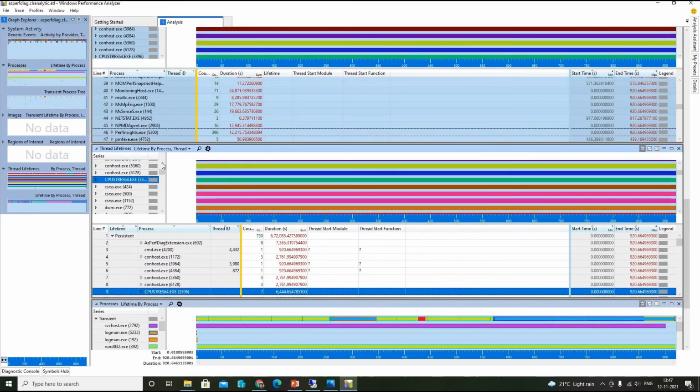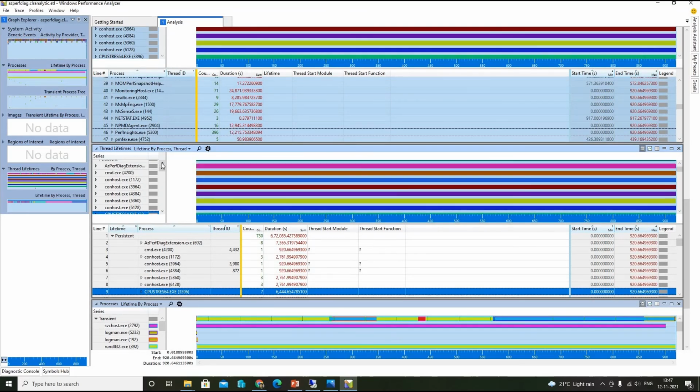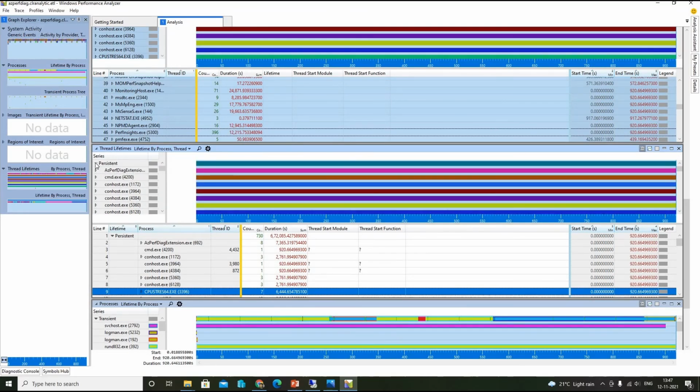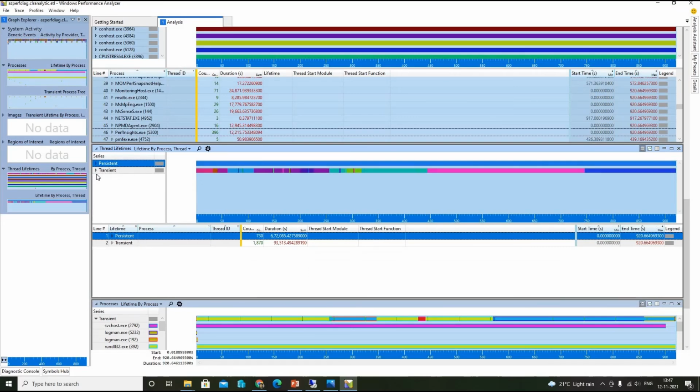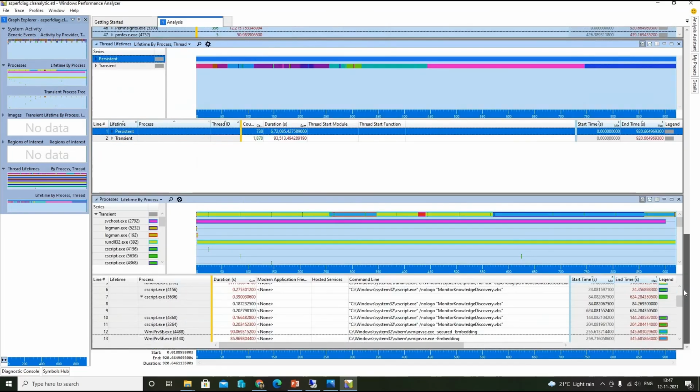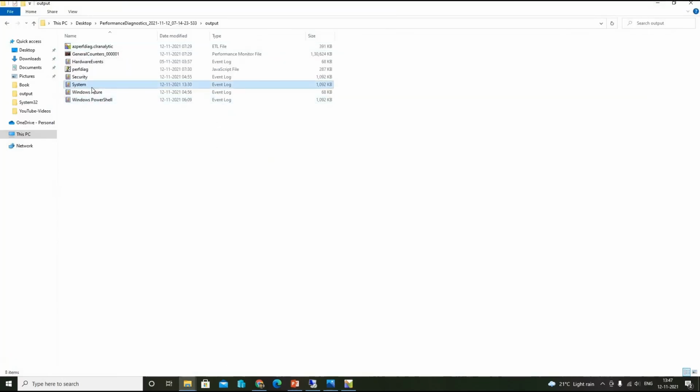So these are the consistent processes under the thread lifetimes. In this way you can troubleshoot from the ETL file with Windows Performance Analyzer, and you can open a few of the event viewer logs to troubleshoot further.